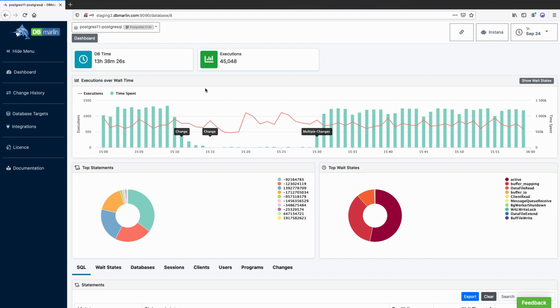One of the things you'll spot straight away is that DBmarlin tracks changes and overlays them onto the timeline, as you can see here. The time dropped when a change occurred, and the time in the database suddenly shot back up when more changes occurred. Already, we're very close to the root cause of the issue, but just to show you a few other things